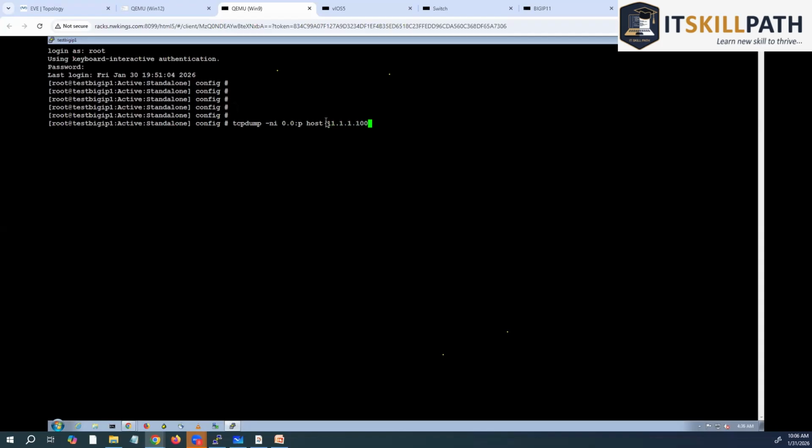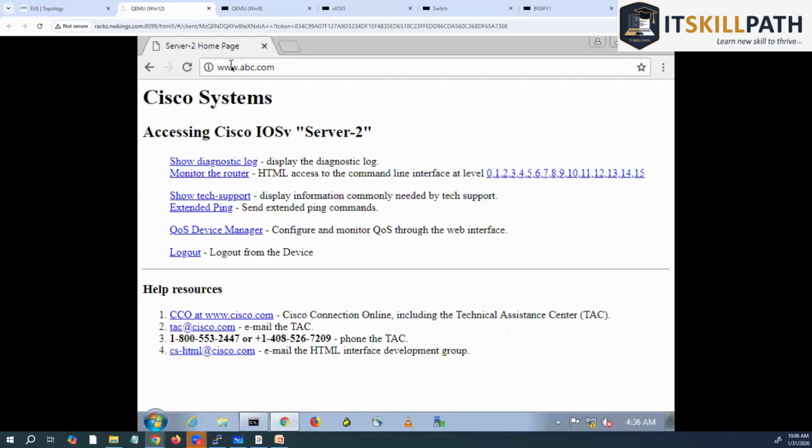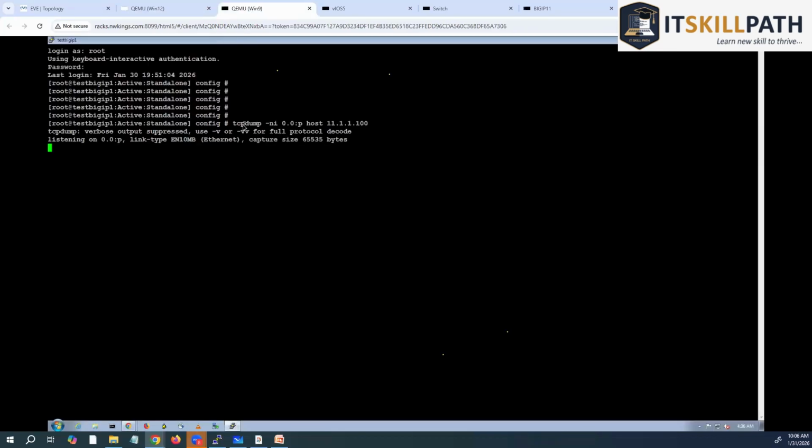11.1.1.100. Can you explain once again? tcpdump would be advanced for the first class. It has a separate topic. I'll cover it. No worry. Can you explain that command only? tcpdump -ni. What does ni mean? i means interface, and n means name resolution. I don't want name resolution, else it will try to. Even if you remove the n,